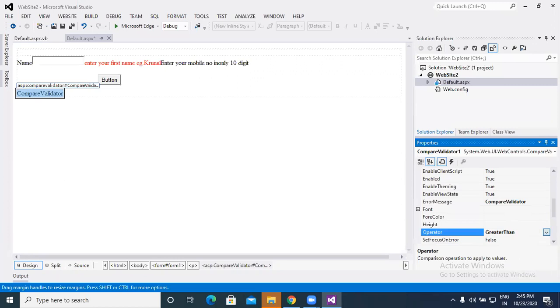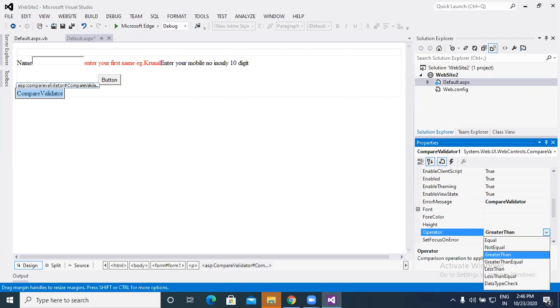Greater than, if you use something greater from A and B, like text box 1 and text box 2, at that time we can use greater than. Greater than or equal, that is the same concept, which accepts the same value as well, then we can use greater than or equal. Less than, so basically greater than or equal to is the best example of if you pass. We can pass with 35 marks. If 34 marks came, then you are in ATKT or fail. So that is the concept of greater than or equal to.